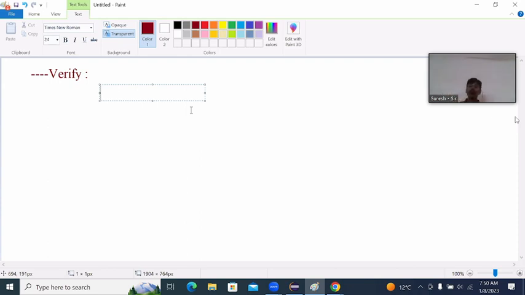When working with automation testing, how we were comparing or verifying the expected result with the actual result in manual testing, the same thing you are doing in